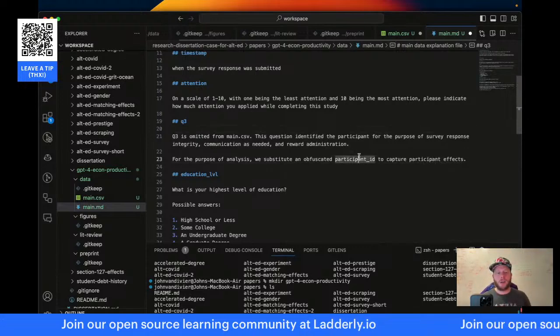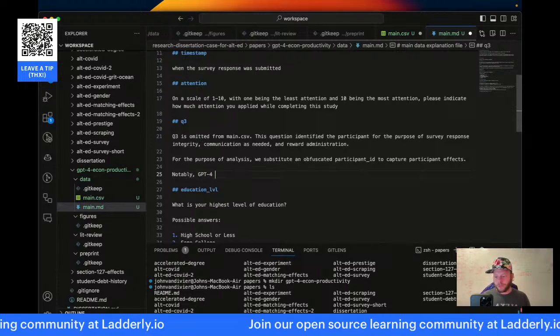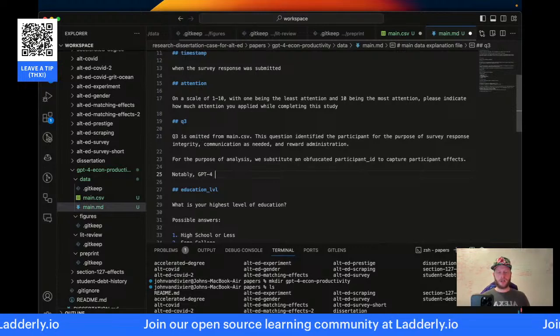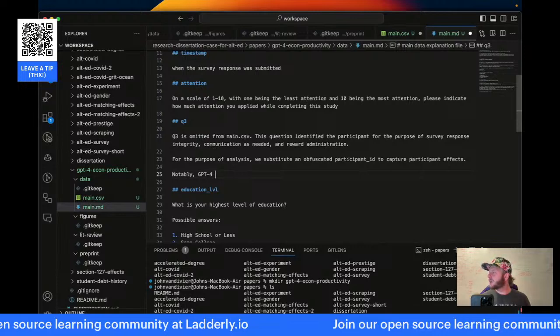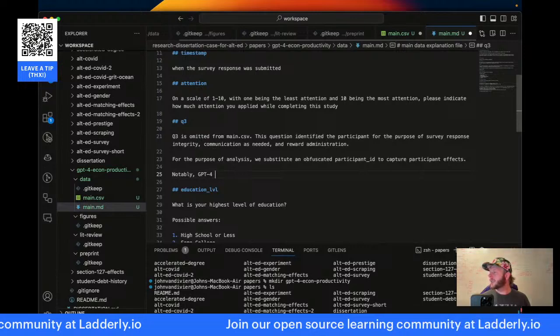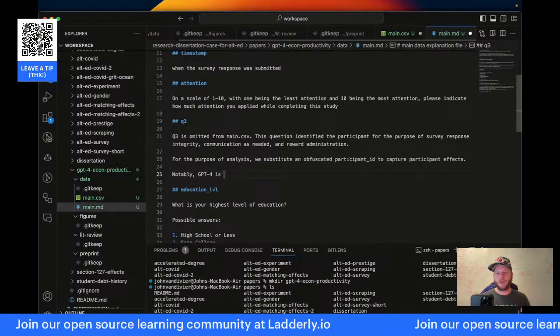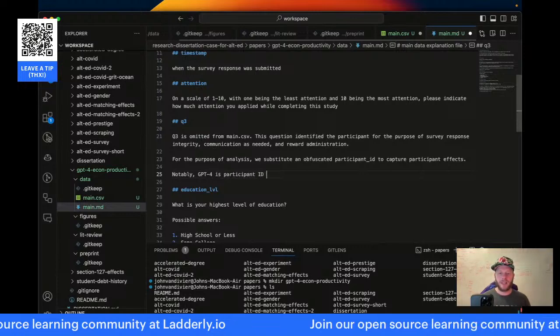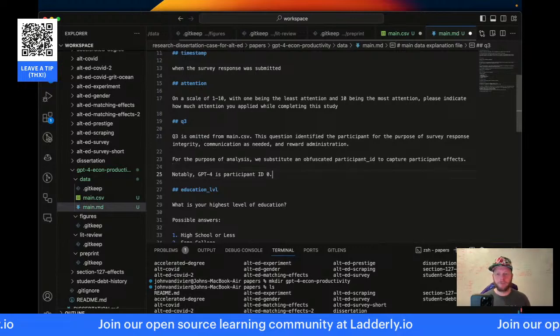And so here, okay, notably, GPT-4 is participant ID 0. So we'll do that. We'll do that.